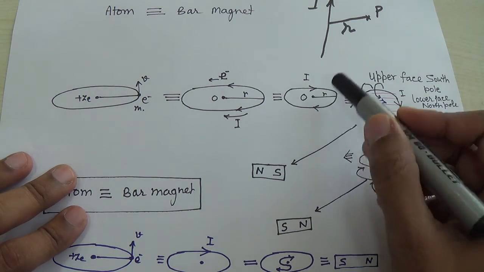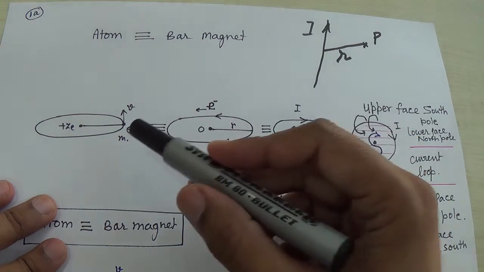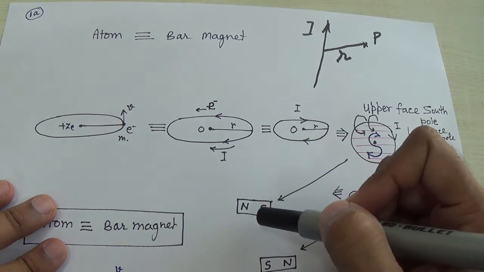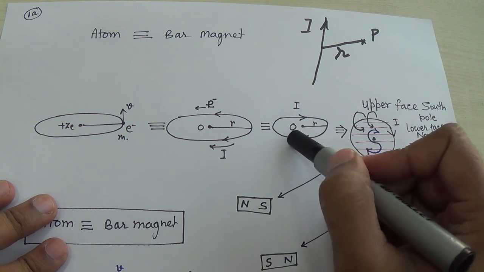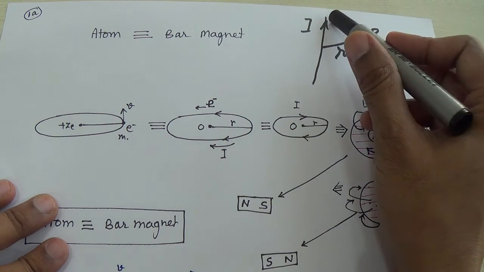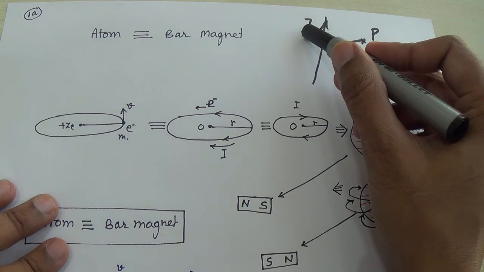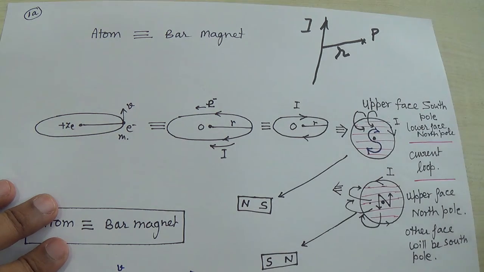We know from Ampere's law, before I tell you how one atom can be a bar magnet, that I have stopped here at this current loop. At the current loop, I am saying that there is a current carrying conductor in which current I is flowing. So one can find out the magnetic field at this particular point P.